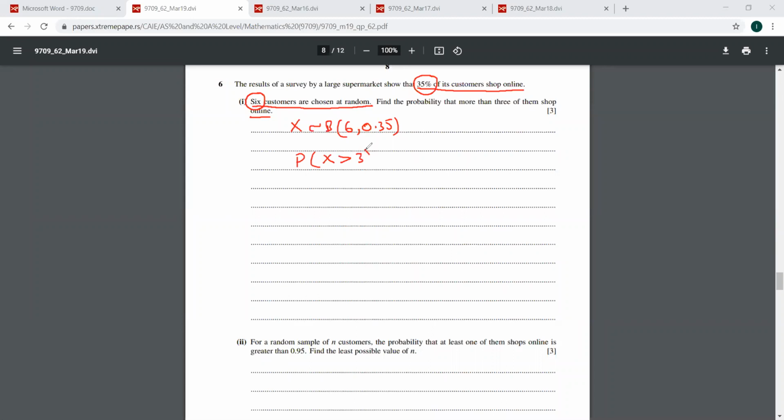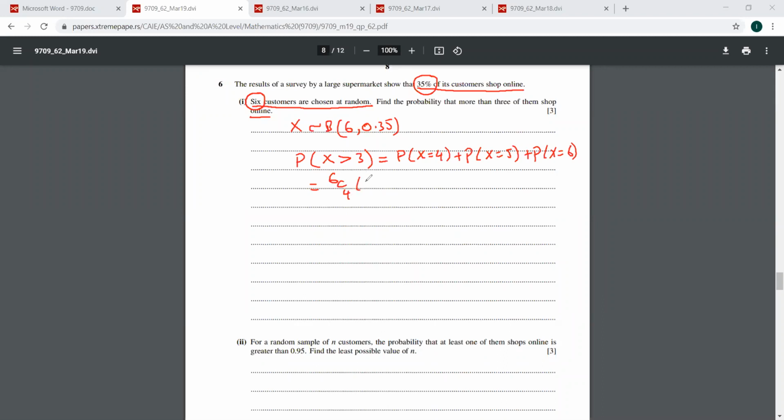Guys, you have to be very careful with this equal mark over here. It says more than 3, so it's clear that we don't have to use the equal mark here. It is more than 3. So we have to find this probability more than 3. So this is going to be probability X equal to 4 plus probability X equal to 5 plus probability X equal to 6. And this will be